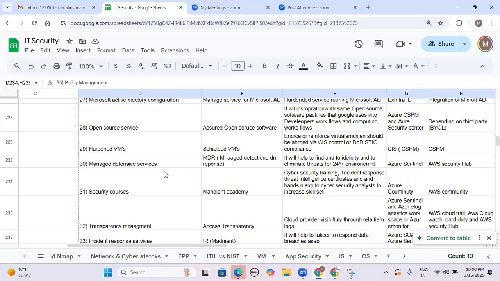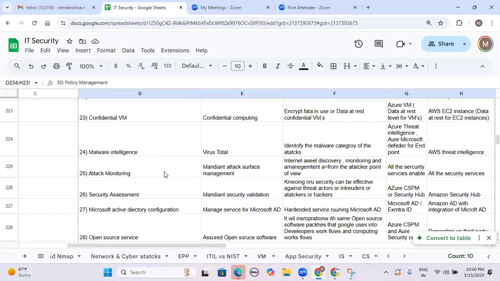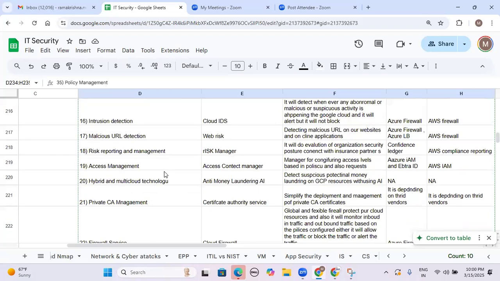So that's all about overall GCP services. So that's it for overall cloud related Amazon security services, Azure security services, GCP security services, and also we discussed about cloud security assessment when the application is migrating from on-premise to cloud environment, and also even from the scratch, if you want to deploy the application in the cloud environment, what are the different types of assessments we have to do